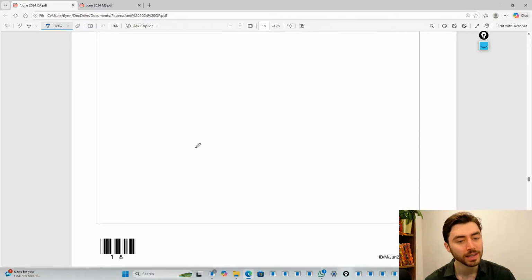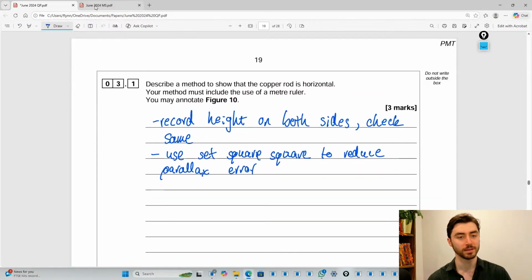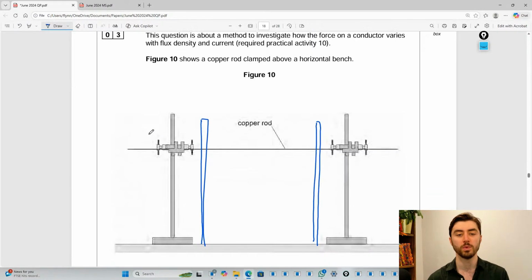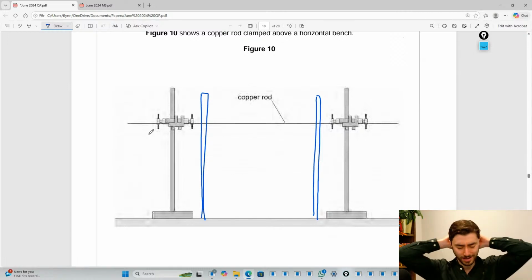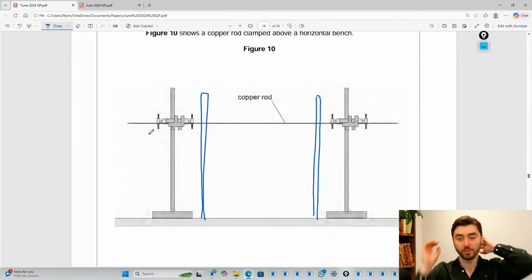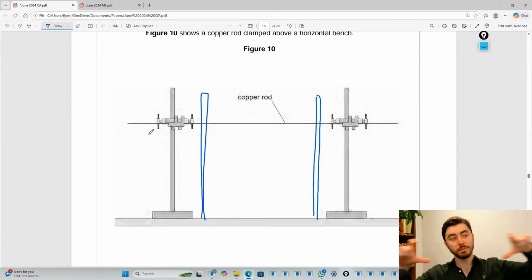I did not like 3.1. I'm really curious to see what they say. So going through 3.1, they wanted the experimental protocol for measuring and making sure the copper